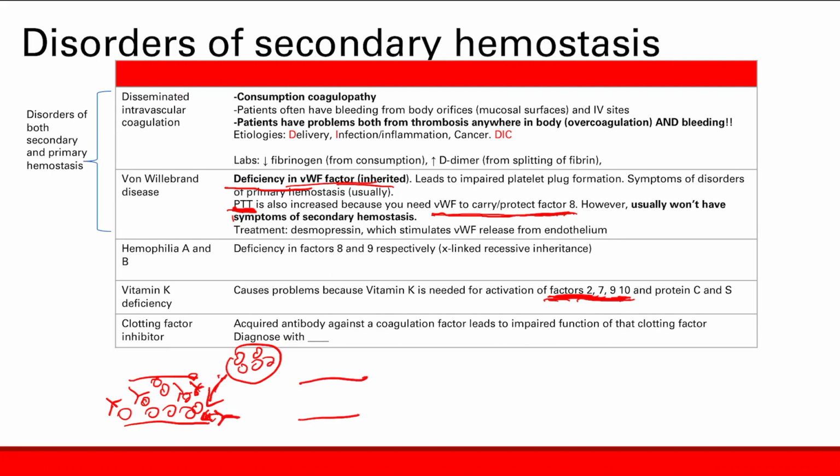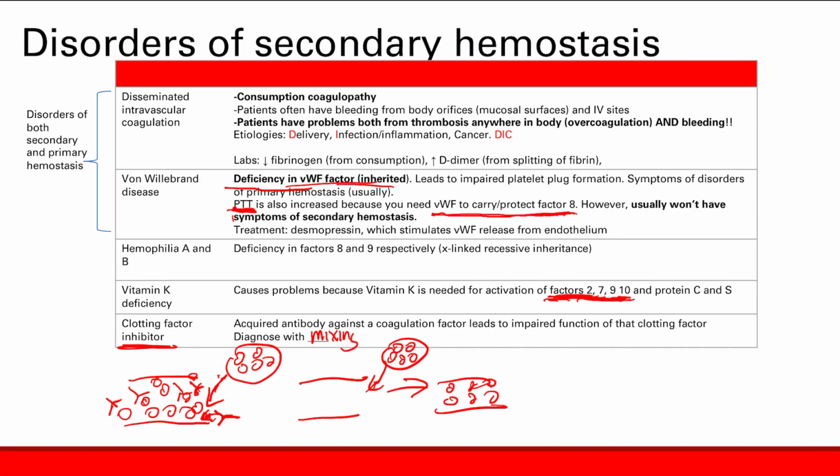A normal mixing study is, let's say, a patient with hemophilia, where they just don't have clotting factors. You add normal plasma with all these clotting factors, and now this patient is getting blood with clotting factors, and they have resolution of their bleeding. Their PTT levels become more normal. So that's a normal mixing study, and here it's a mixing study that's abnormal. Again, you just mix plasma from the patient with plasma from a normal person, and you see if their coagulation improves or not. So abnormal means a clotting factor inhibitor.